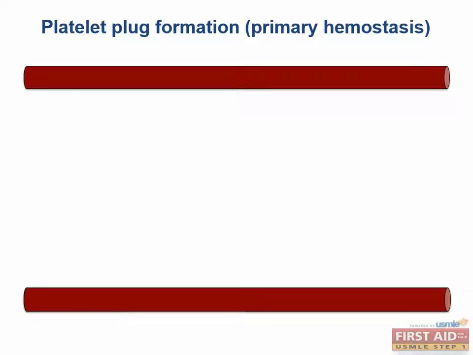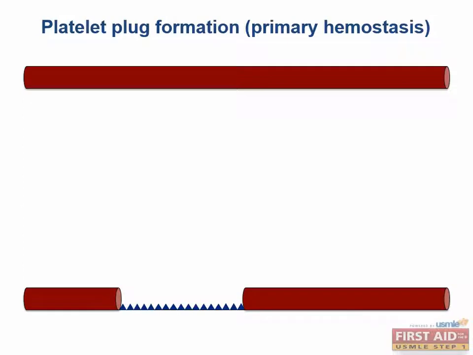So far, we've been talking about the coagulation pathways, which is known as secondary hemostasis. Now let's turn our attention to primary hemostasis, which has 4 steps, starting with vessel injury, then proceeding with platelet adhesion, activation, and aggregation. So here we have the endothelial lining of a blood vessel, and some small damage is